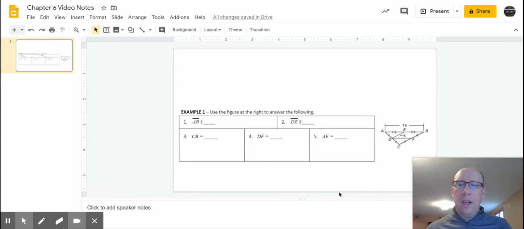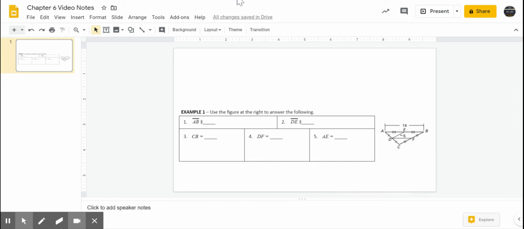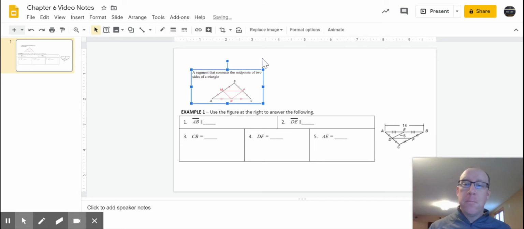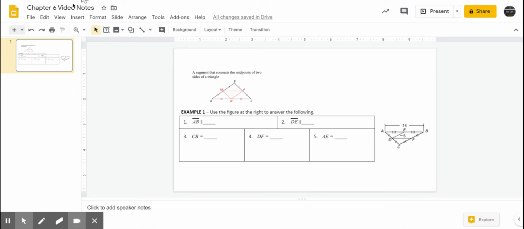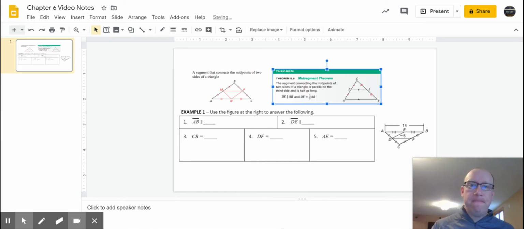Welcome. This is lesson 6.4, example 1, where we are asked to use our understanding of midsegments and their properties within triangles. So let me first remind you what a midsegment is. A midsegment connects the midpoints of two sides of a triangle, kind of self-explanatory in its definition as a mid-segment. The properties that we are responsible for